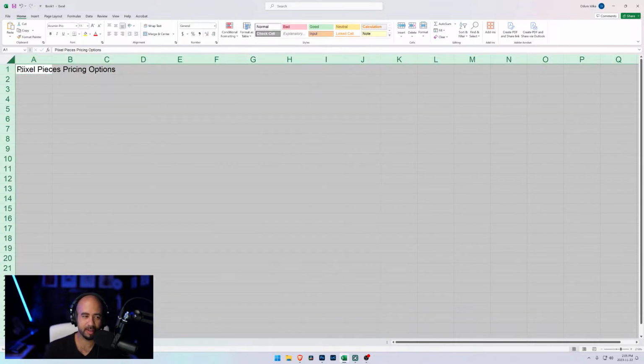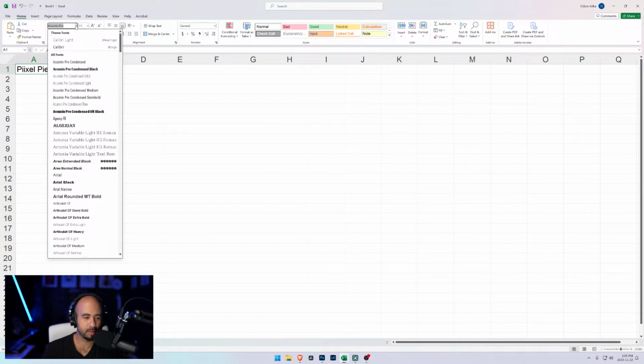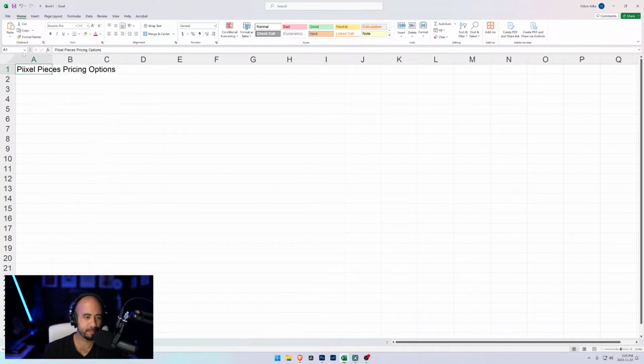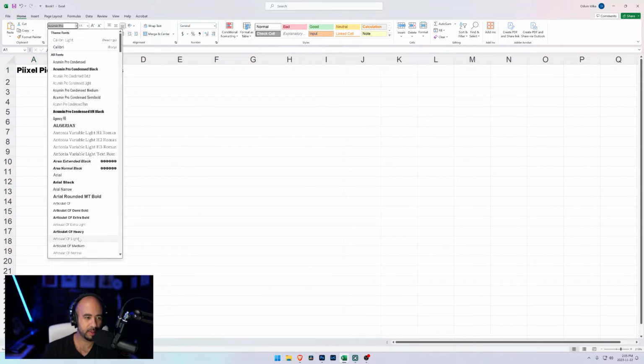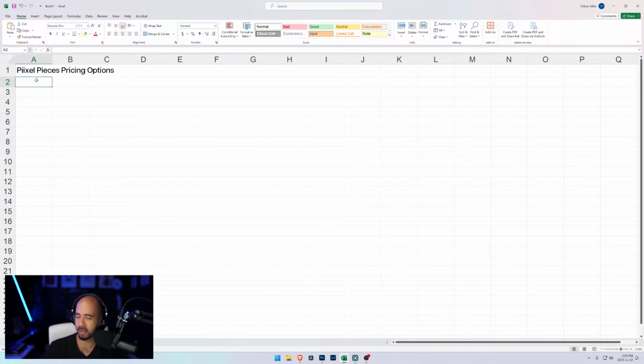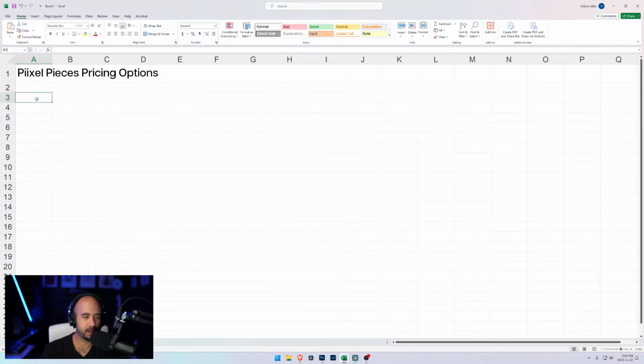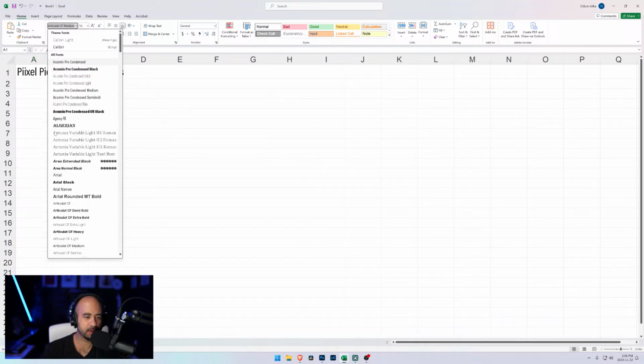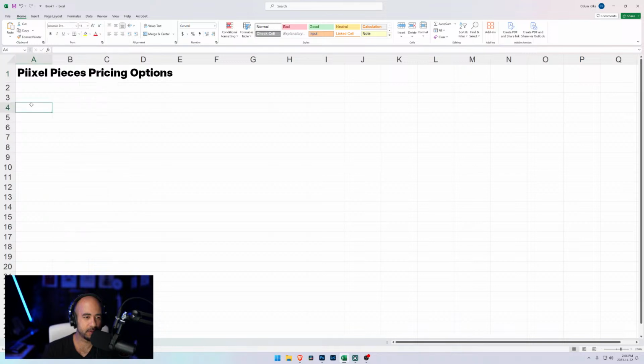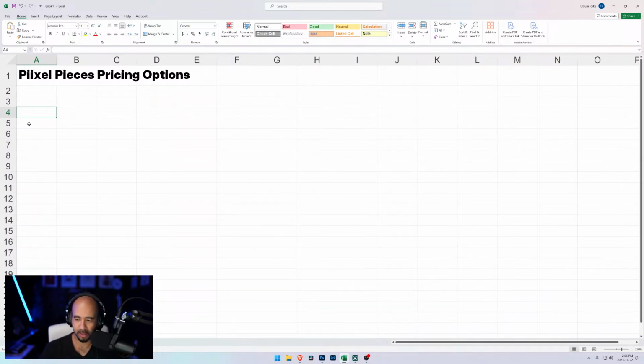Options or thoughts or ideas. I mean, there's lots of different ways we can think about this. Let's give it this font. I like this better. Okay. So here are our pricing options. Let's make this font even. Okay. So how's that? I think that seems reasonable in terms of you guys being able to see the size. We're at like 230% zoom here.